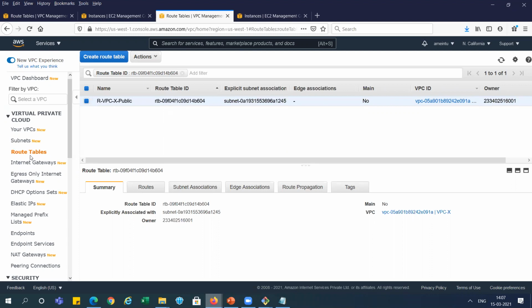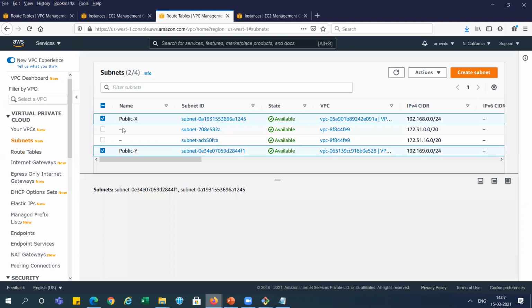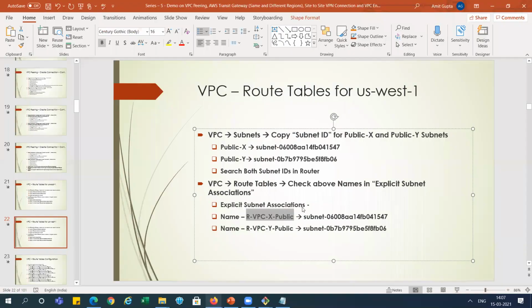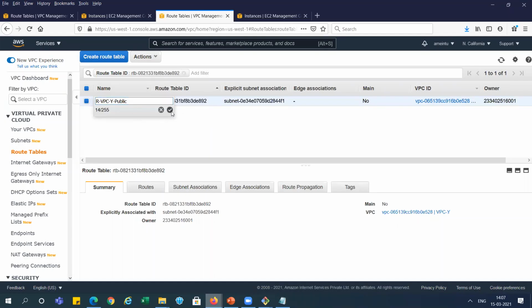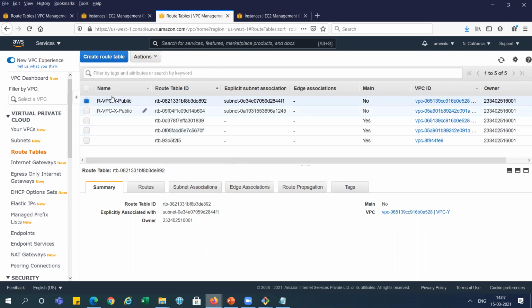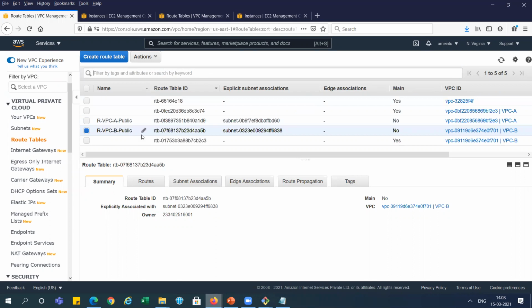I'm giving the name here, tagging, and again going to subnet public Y route table, and again we got this name, right? So I'm giving the name of this route table. So we identified the name, we have done the name. If you remove this filter, you can see 2 route tables you got, which are being used for this VPC, right? And same thing for this region also. C. Okay, this is A and B.